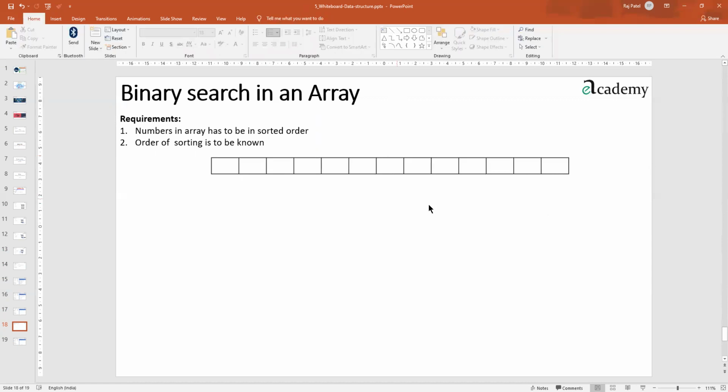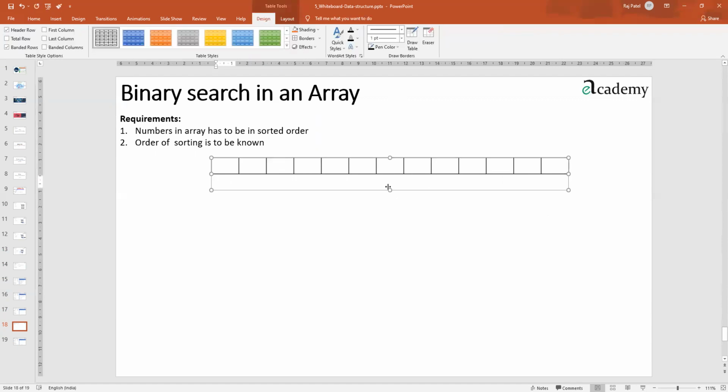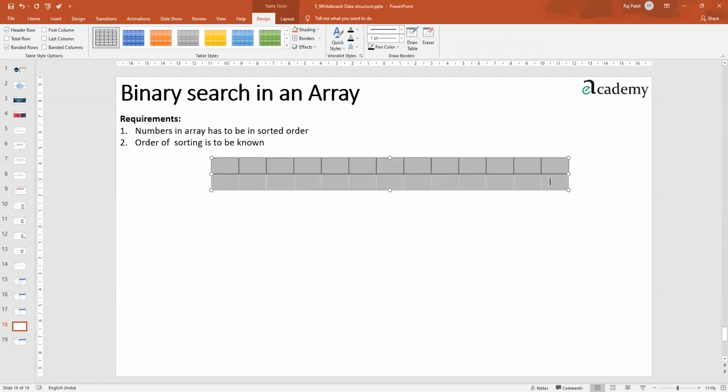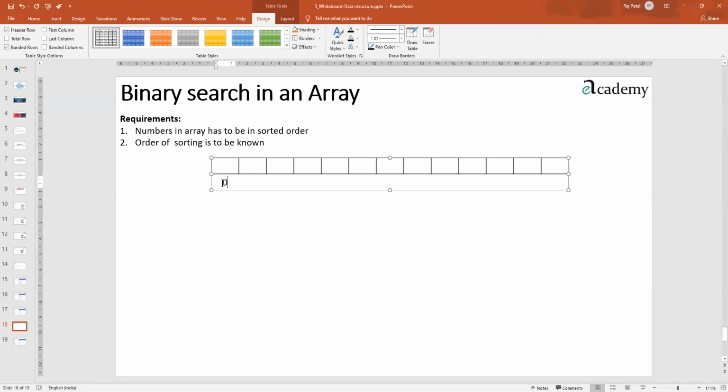Now there are more elements. And for the position numbering, you remember that when we were doing the strings topic, I was giving it from left to right only. We will do the same kind of position numbering: 0, 1, 2, 3, 4, 5, 6, 7, 8, 9. This is one of the cases.